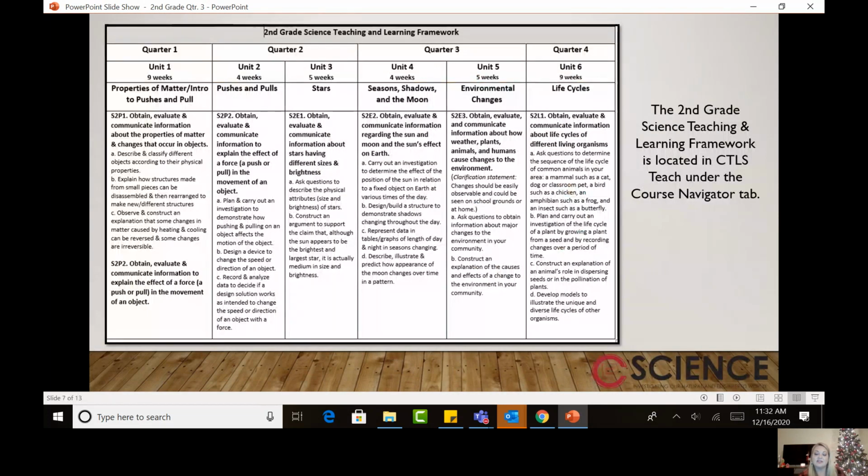All right, so let's look at our second grade science teaching and learning framework. This is going to pop up when you go into your second grade science course. It will be under the course navigator tab, and this is your pacing guide for your science standards for the year. Today we're going to be looking at quarter 3, units 4 and 5. We have a suggested pacing for you, 4 weeks and 5 weeks, and we have seasons, shadows and the moon,